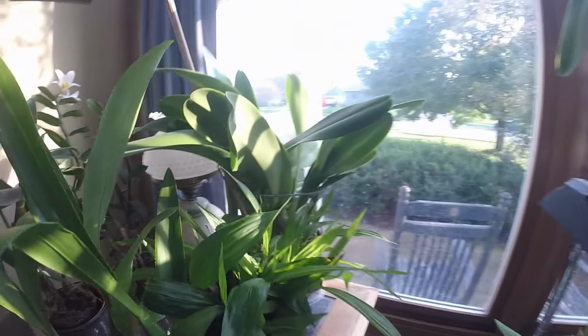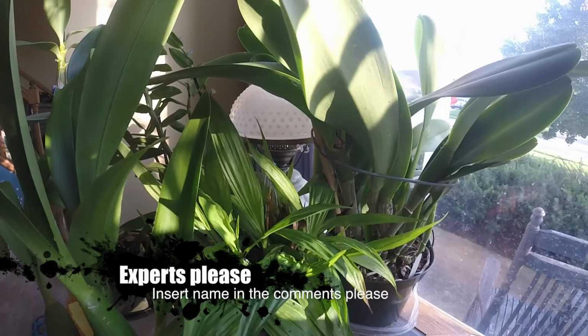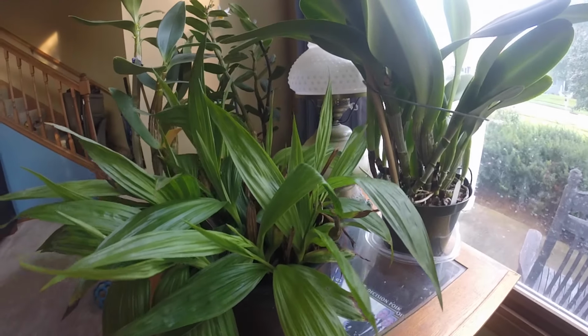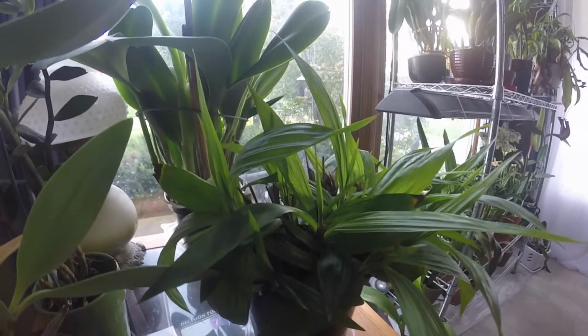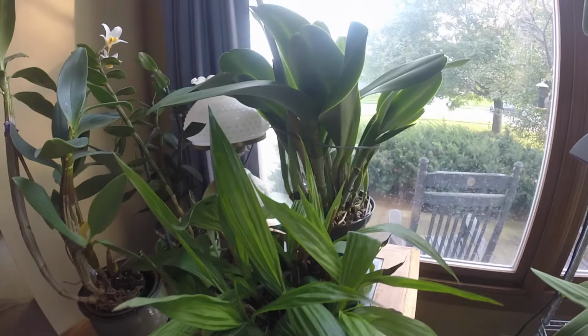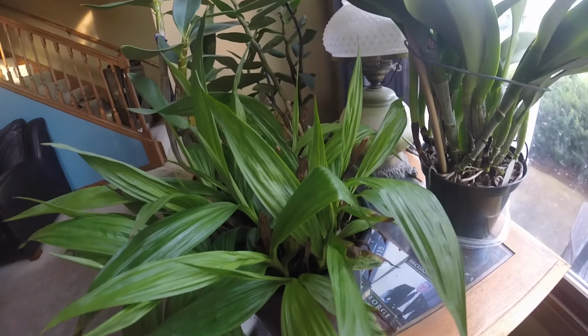large. This is an orchid. I don't know what the name is. I won it at a raffle. Really need to look that up. It's more terrestrial. And also, if somebody knows the name of this orchid, if they could put that in the comments, that would be awesome. I'd be able to make a tag for this one. I believe it starts with an S, but I can't remember what it is. So one of you experts who know, please feel free to put a comment in there and let me know